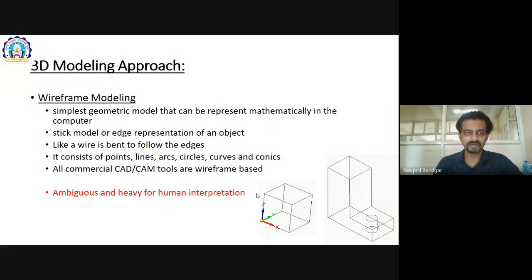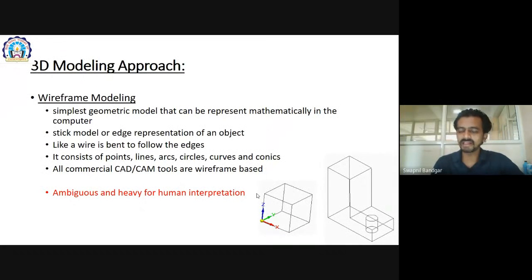But the negative part of wireframe modeling is that it is very ambiguous and hard for human interpretation. For a simple example, take an L-shaped component with a single hole through to the bottom part, and see how hard it is to interpret.